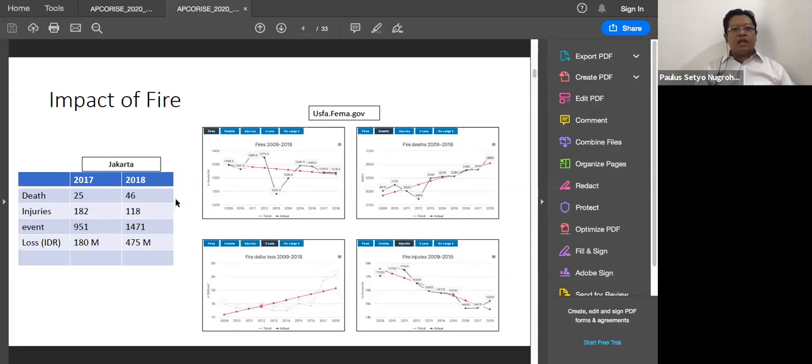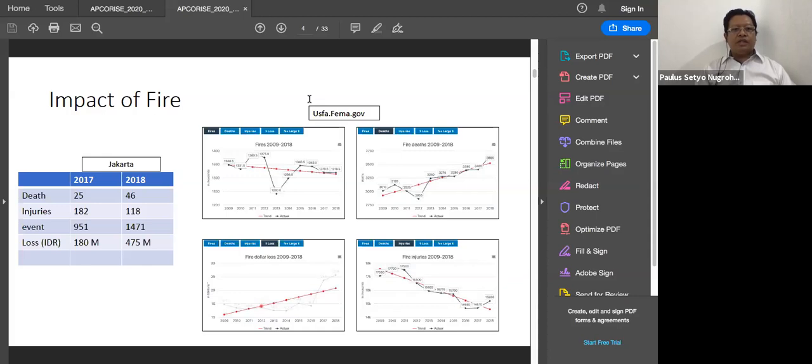Many high-rise buildings in Jakarta have been equipped with the standard fire protection system. However, building fires often occur in Jakarta. In 2018, more than 900 building fires occurred, causing fatalities of 25 people, and material losses reached more than 1,080 billion rupiah. In the previous year, there were more than 40 fatalities, and losses reached more than 400 billion rupiah.